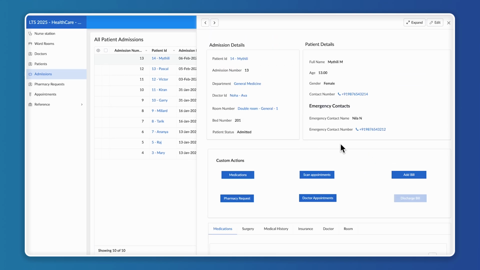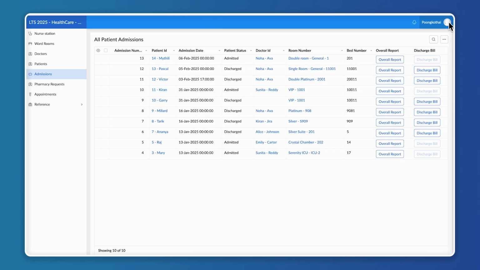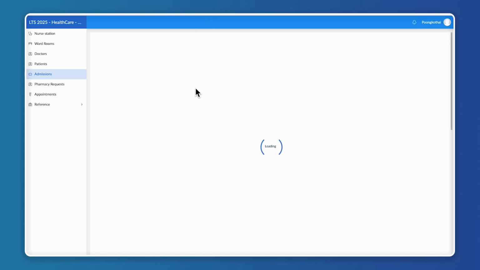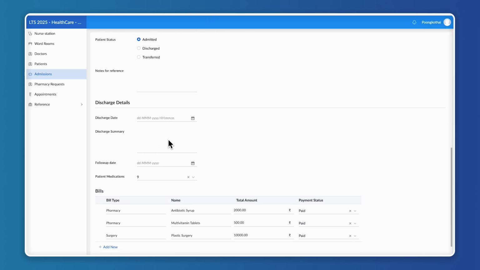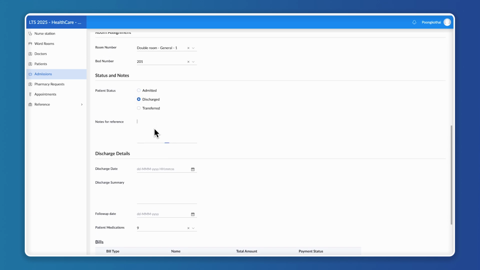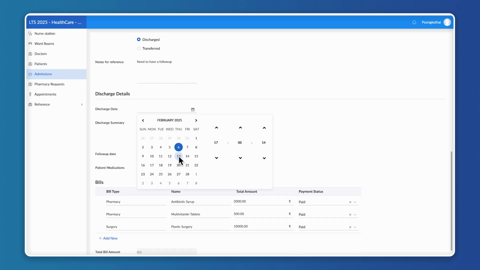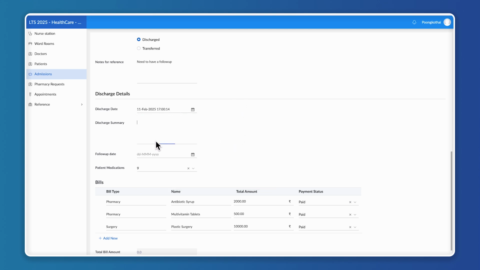Now once all the treatment is completed, once all the activity is done by the patient, the treatment is all done. So what will the nurse do? They will proceed with the discharge process of this particular patient. To continue with the discharge process, they will just make an entry here in the patient information stating that they can be discharged, and notes for reference need to have a follow-up. And then the discharge details. So when the discharge is happening, let's say on the 11th,